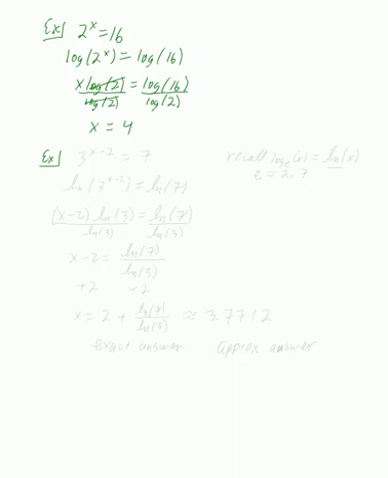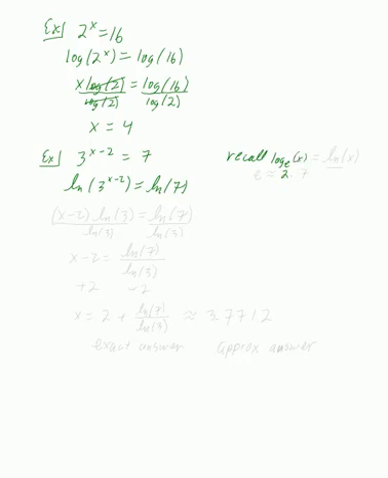Let's try another one. So we are going to have 3 raised to the x minus 2 power is equal to 7. Notice the exponent, the unknown, is the x in this case, and that's what we're looking for. So I'm going to go ahead and apply the log. This time I'm going to apply the natural log. That's ln of 3 to the x minus 2 power equals ln of 7. You can redo this problem using the common log, and you'll see that you'll get the exact same answer that I'm going to get. Just recall,